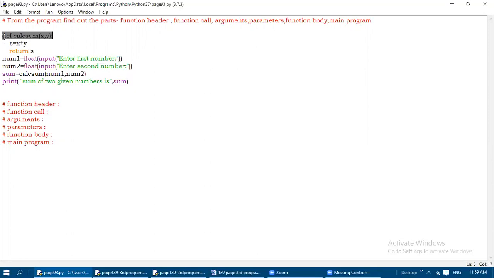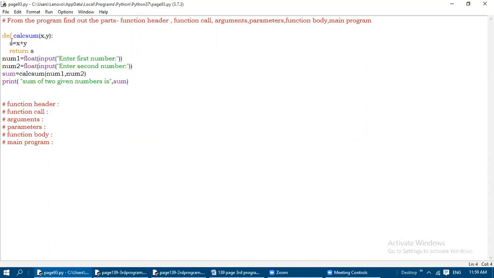After the function name, we will have some indentation. Whatever statements follow the function name will have indentation, that is, four white spaces we need to leave for typing the function body.